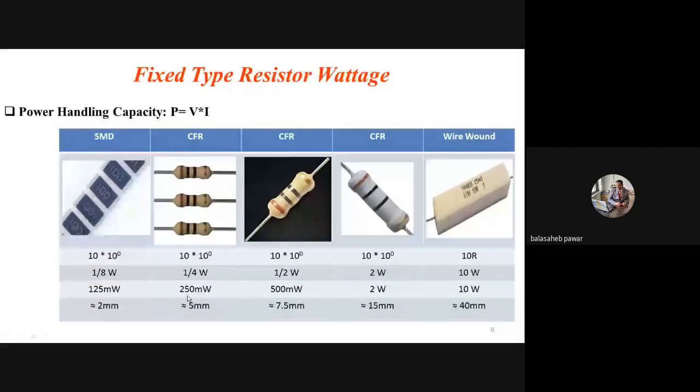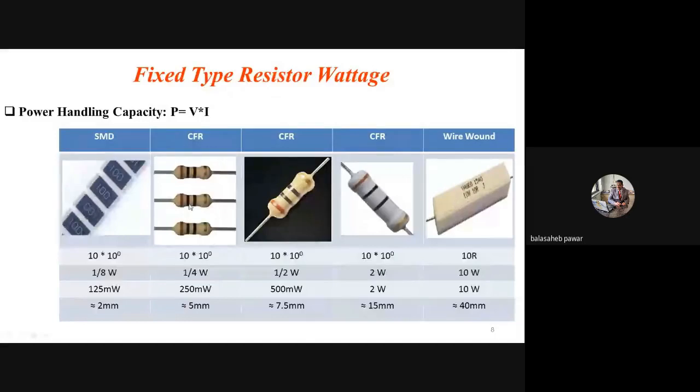And then you might have seen some resistors somewhat more in size as compared to the remaining. I tried to show it over here. This single resistor is somewhat large in size as compared to the previous, right? Then again, one more resistor which is somewhat large in size as compared to the previous. And the last one is wire wound. Already I told about its construction and power handling capacity. So it is the largest in size, we can say, among these 6 types of resistors.